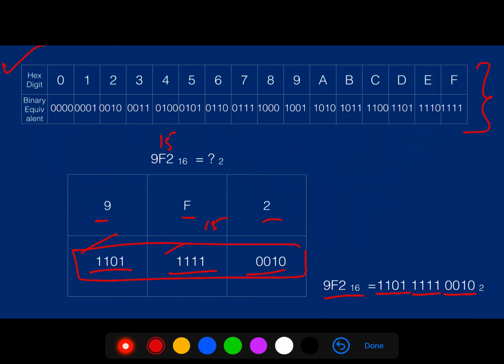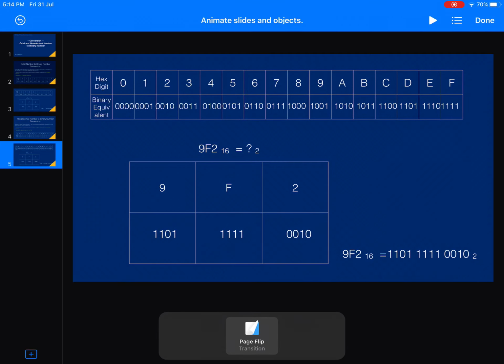So in this video we have seen how we can convert octal to its binary equivalent and hexadecimal to its binary equivalent, just by using the 3-bit binary equivalent or the 4-bit binary equivalent for octal and hexadecimal respectively. So this was the